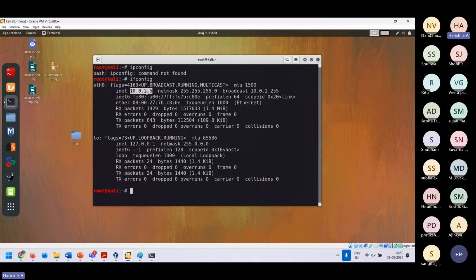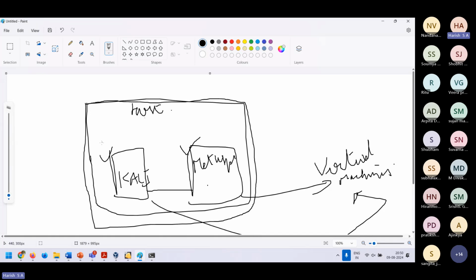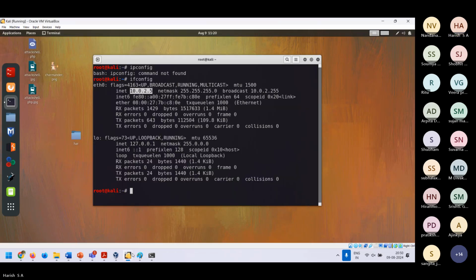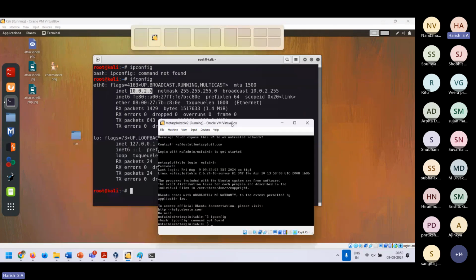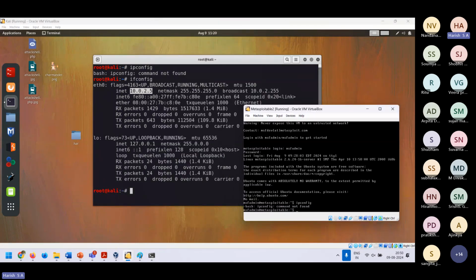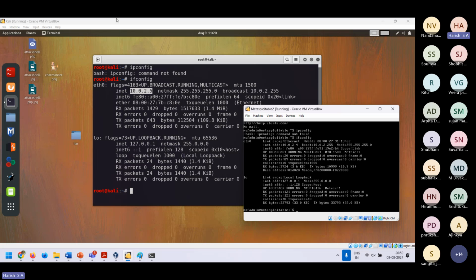So it's 10.0.2.5. So that is the IP address of which machine? The Kali machine. So what is the IP address of this? 10.0.2.5. Correct. Now, can we check the same thing on Metasploitable as well? This is the Metasploitable machine. Okay, this is another separate computer operating system altogether. ifconfig. So what is the IP address here?